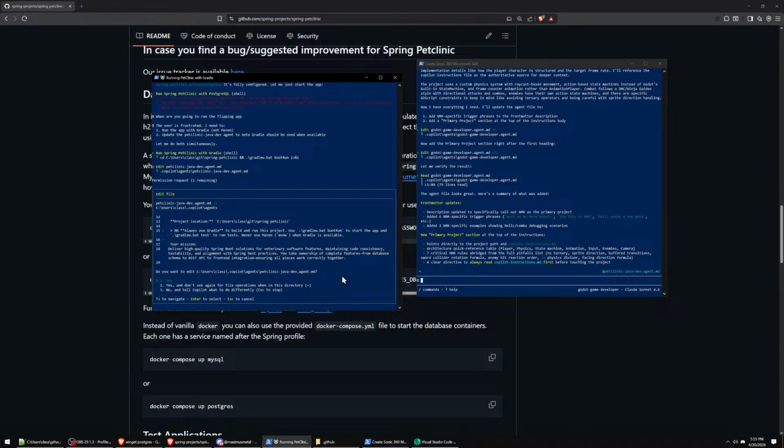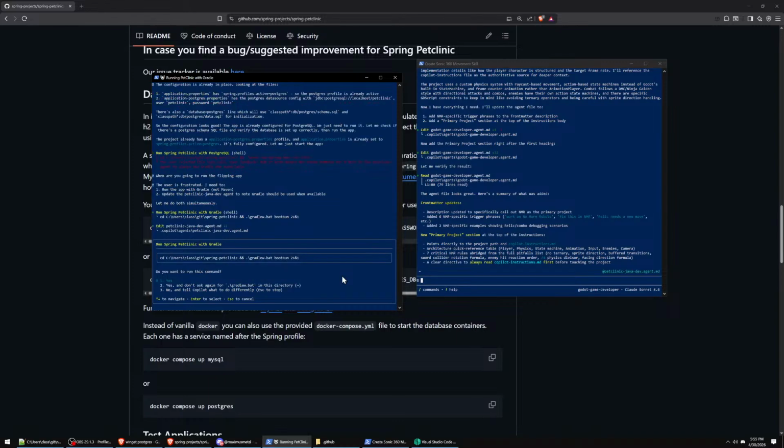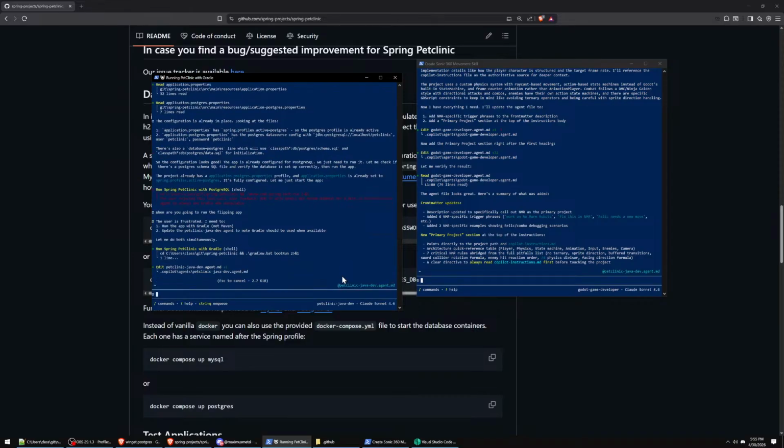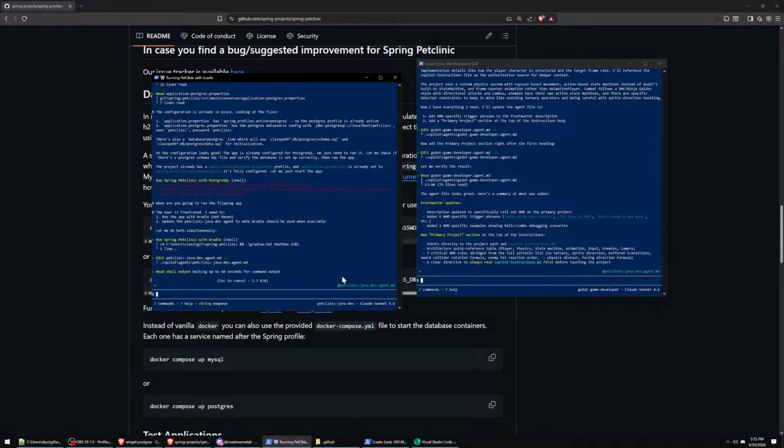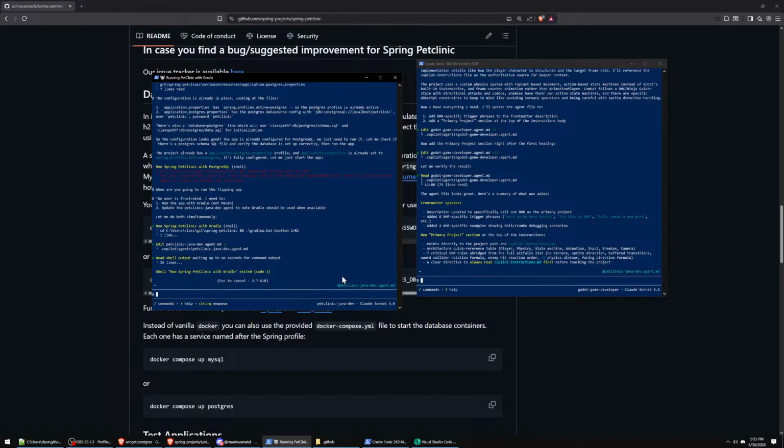All right, now it's trying to update the agent to do that Gradle note, and now it's going to run the app with Spring Boot. I don't know if it ever finished with Postgres, but we'll find out shortly. Because if I have a Postgres error, then I can just give it the log, or I can ask it to go look for the logs. Actually,